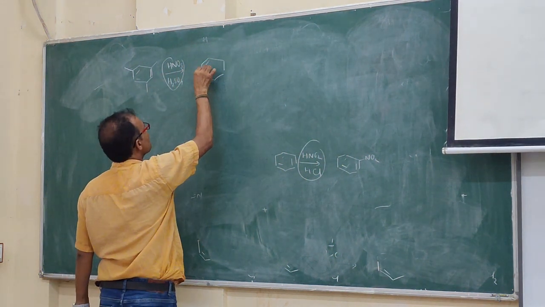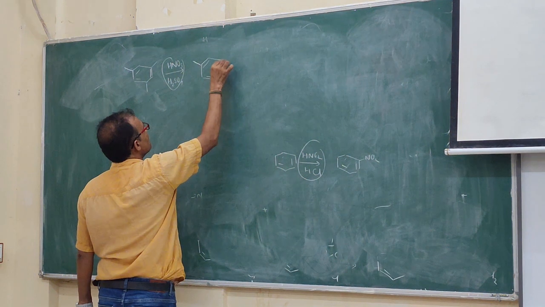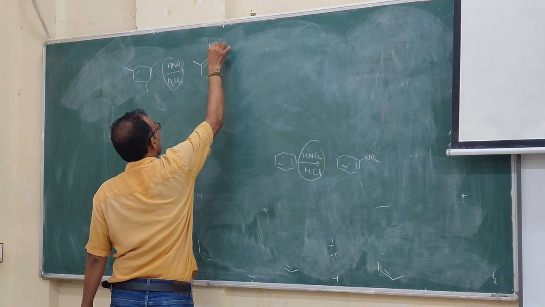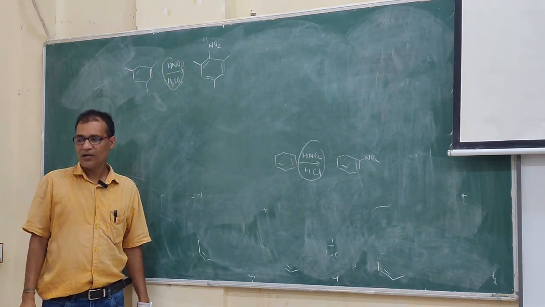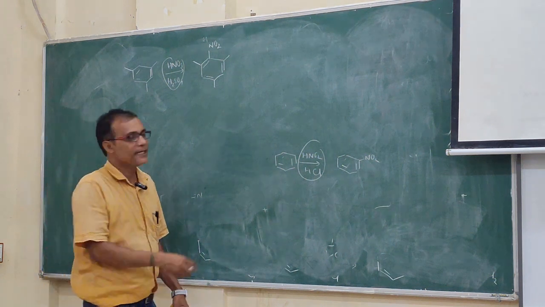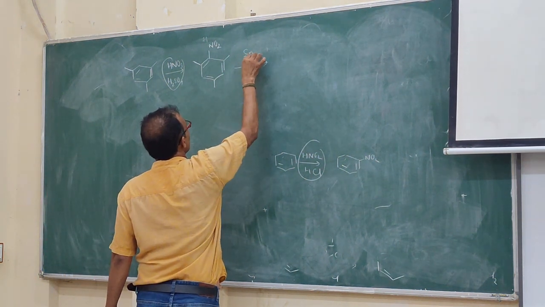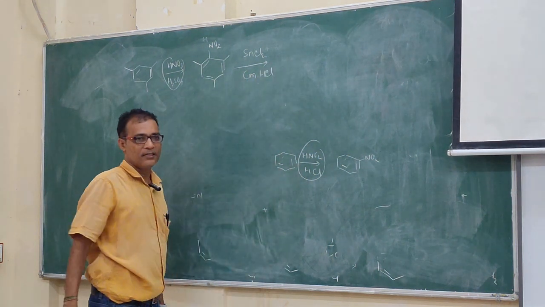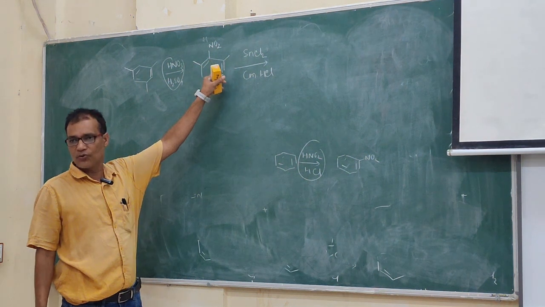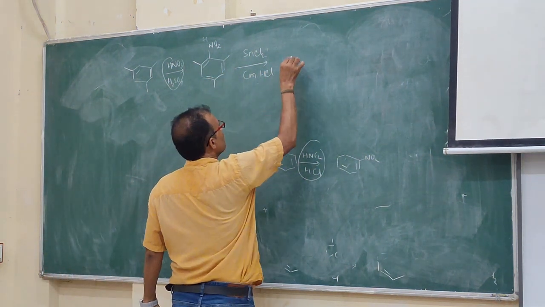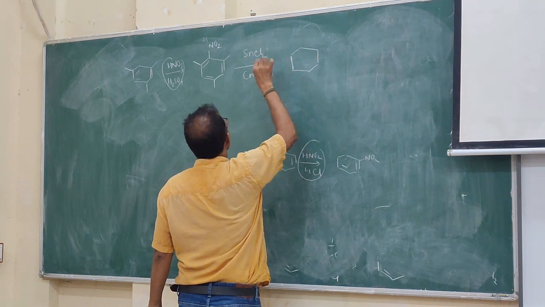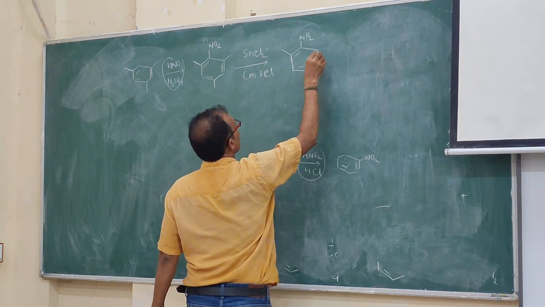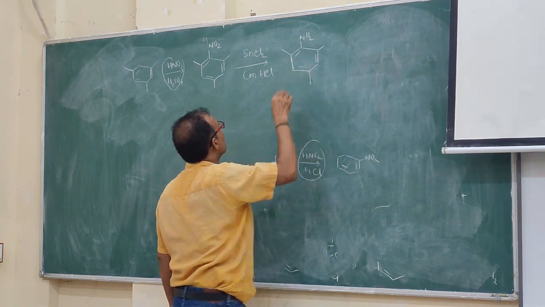So what will happen? You get this, and here you put this NO2. Then you give tin chloride in presence of concentrated HCl. What is the function of this? This will reduce the nitro group to amine. Okay, so this is a roadmap problem. Whatever you don't know will be done in the next classes. Now this nitro group will be reduced to amine.